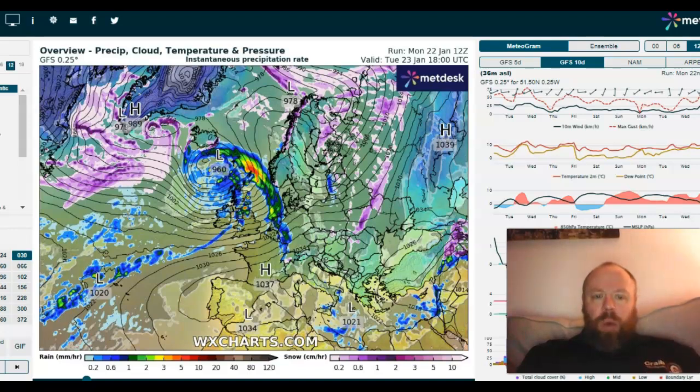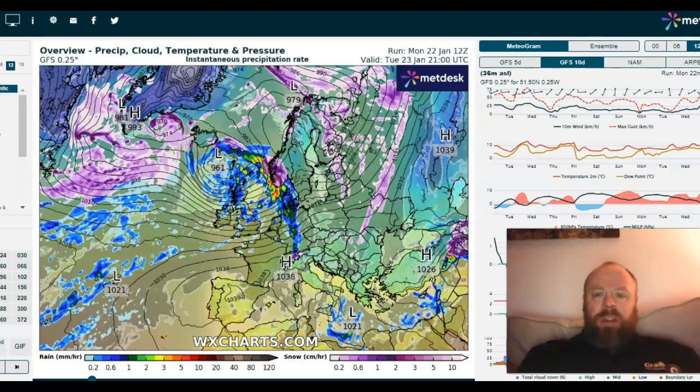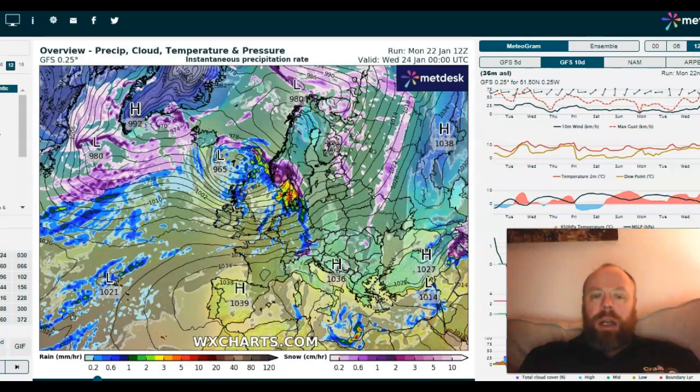But that system will be bringing some very powerful winds indeed later on tomorrow and into potentially the early hours of Wednesday morning. You see here the pressure at 965, and there's an inner circle away from that that may actually have a pressure closer to 960 millibars. But on the southern flank of the system, like we've seen with Isha, is going to generate the strongest potential